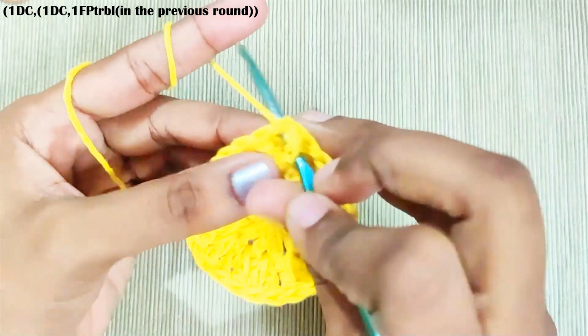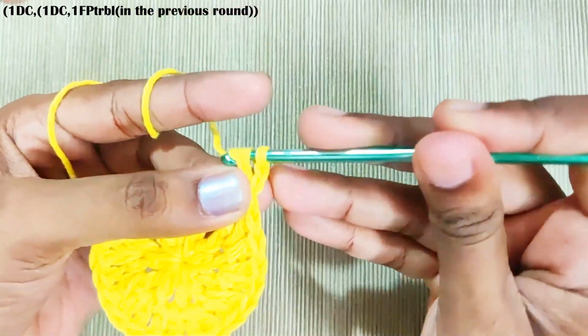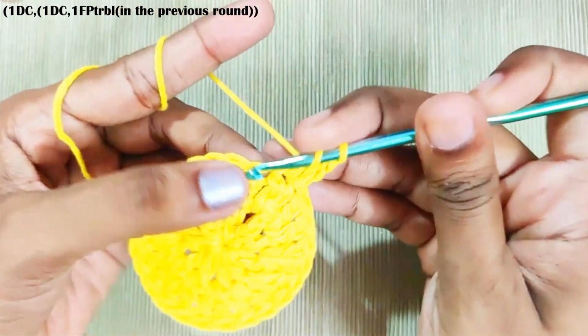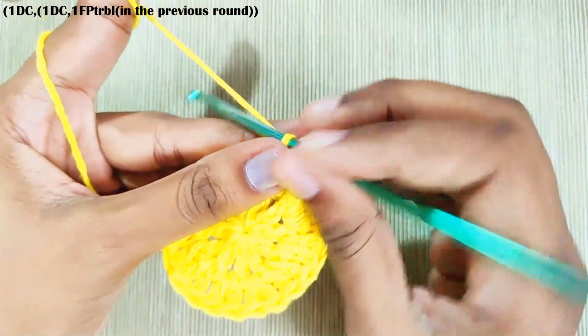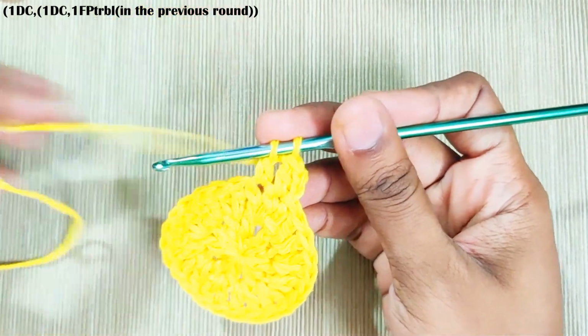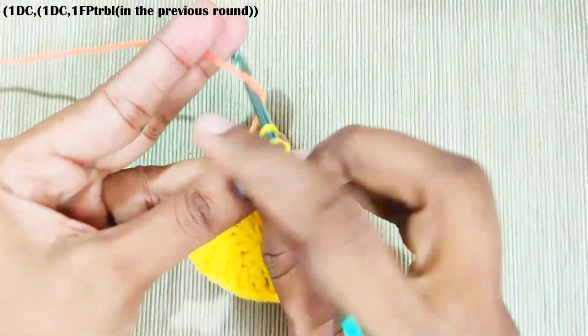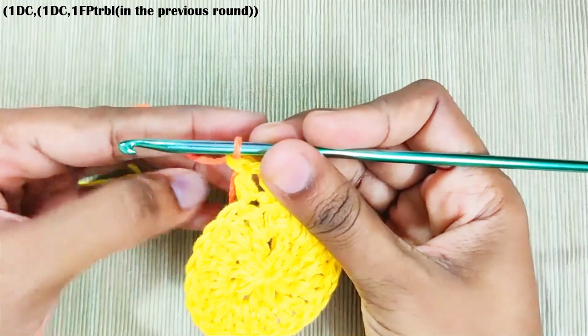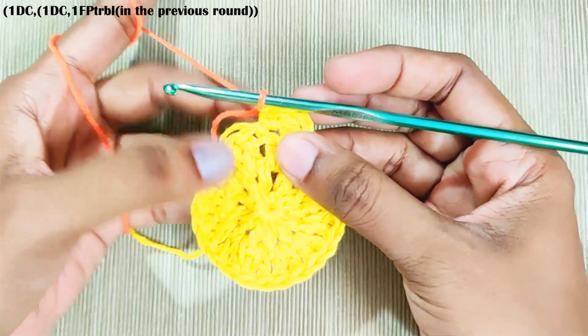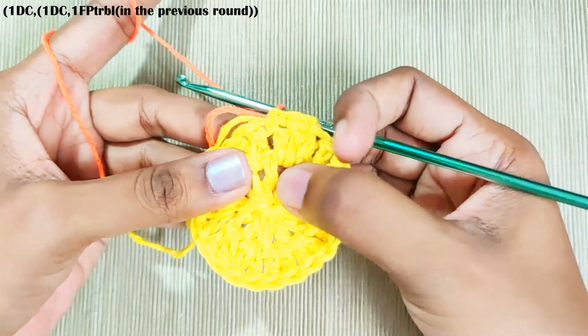One double crochet in the same stitch. One double crochet in the next stitch. Pull through first 2 loops, and while pulling through the last loop, change the color. And now make a front post treble crochet in the stitch below it, that is the previous round. This is the stitch. This one,